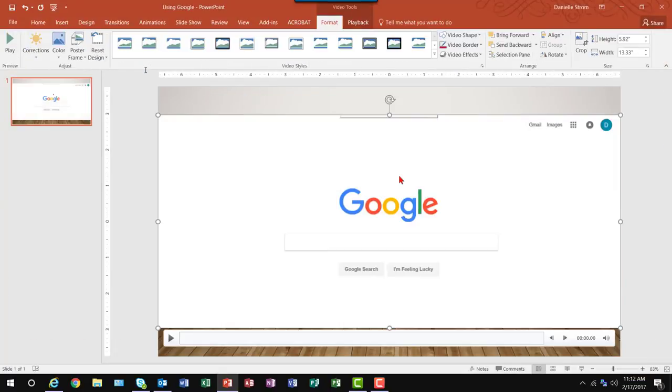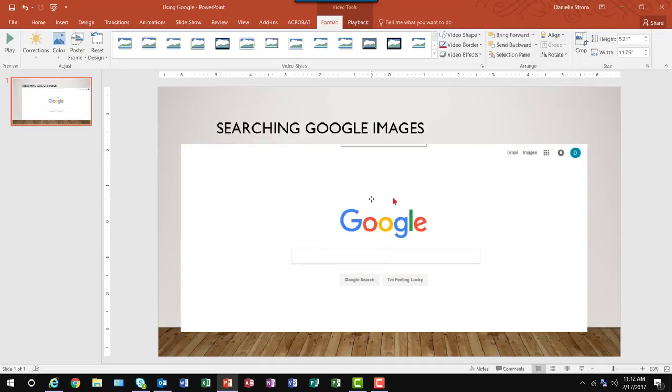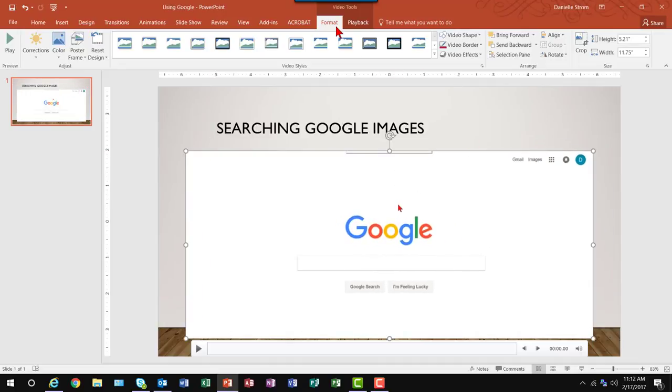Now what I did there was I hit the Windows logo Shift Q keyboard shortcut to end the recording. And so here's the recording on the slide. I can go ahead and resize it. I can move it. I can do any of the normal editing and formatting options available from the Video Tools Format or Playback tab,